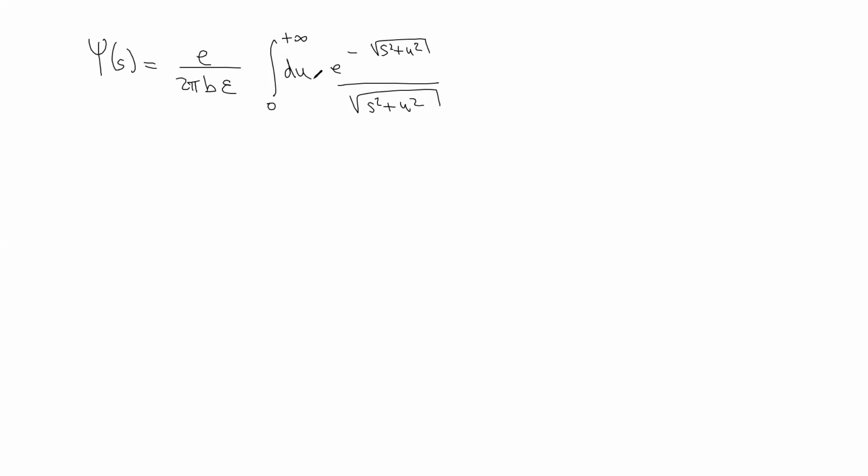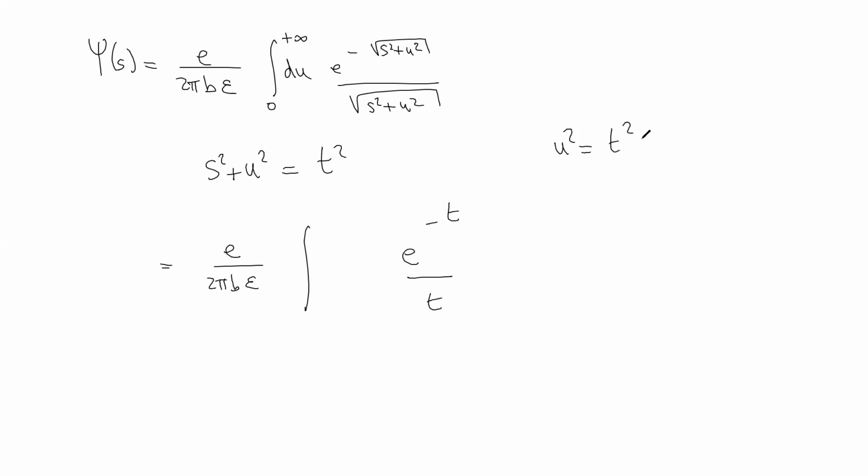There is also an obvious change of variables. I can introduce it here. Let me call that t squared. So it seems then this guy will be exponential minus, what do we have? We have minus t over t, and also u squared is equal to t squared minus s squared. So u is